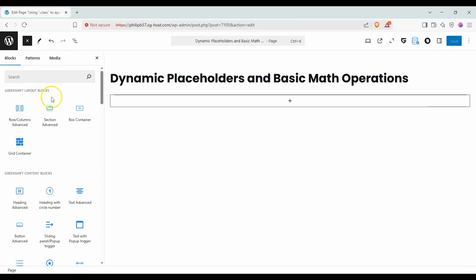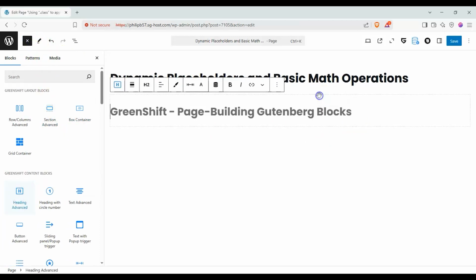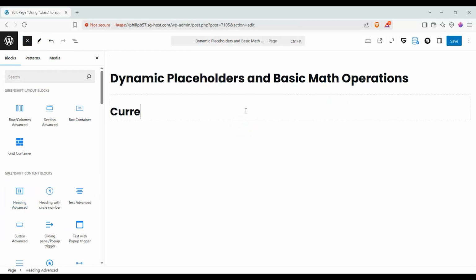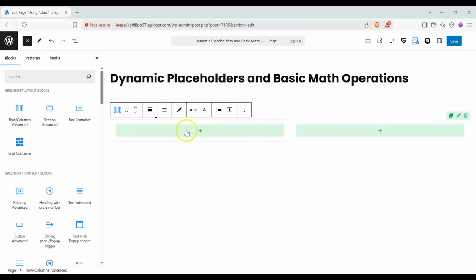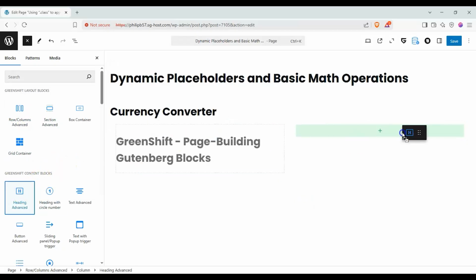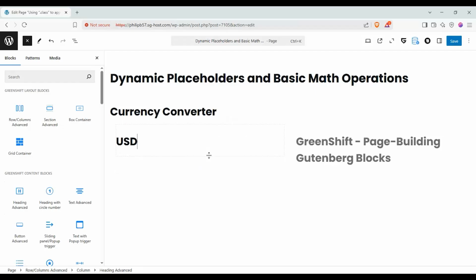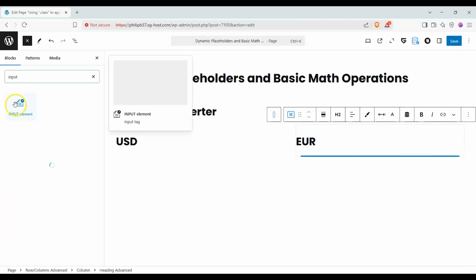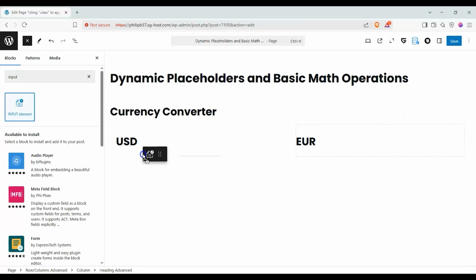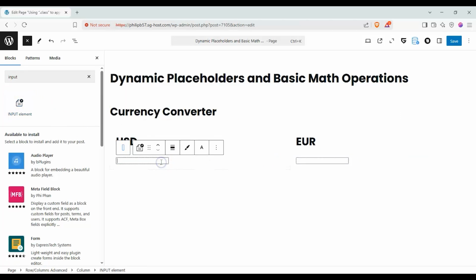Let's go ahead and add a heading over here, currency converter, and let's go ahead and add a couple columns here. Let's put a heading here and a heading here. We'll call this one USD, and then we'll call this one Euro. Let's go ahead and add our input fields. Input element, we'll put one down here under USD, and we'll put one over here under Euro, and